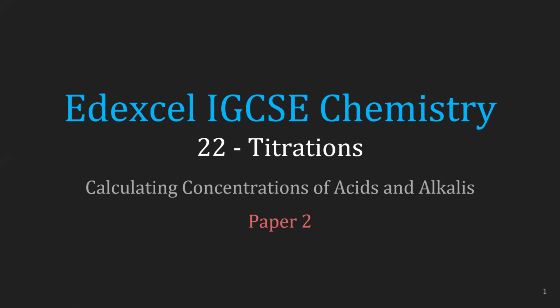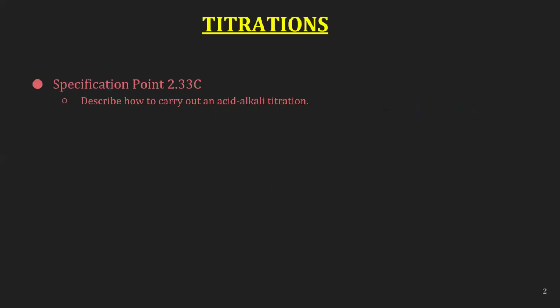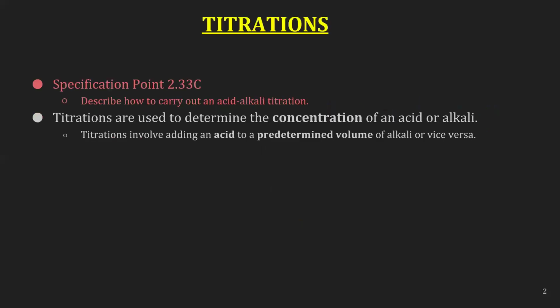This is the chapter where you find the amount of moles and stuff, right? To neutralize the base. So what is titration? First, make a concept. Titration is an experimental technique used to determine the concentration of an acid or alkali. It's an experimental technique used to determine the concentration of an alkali or acid.